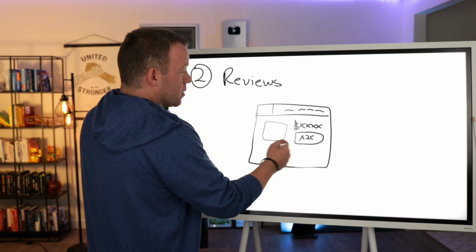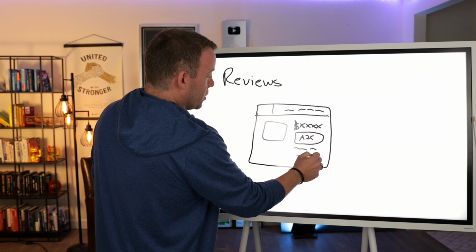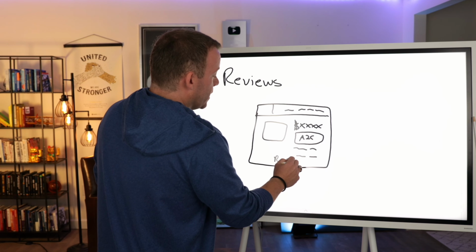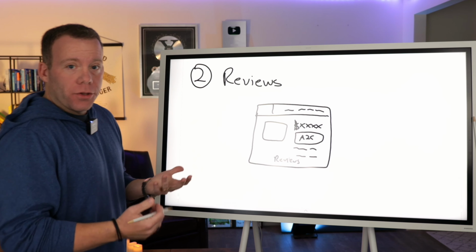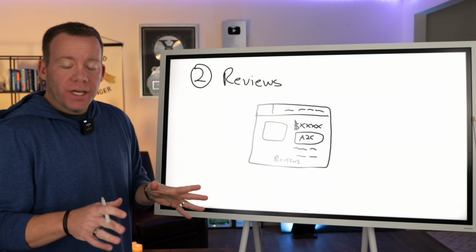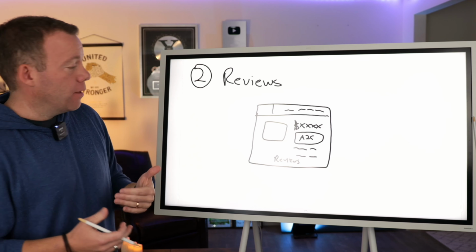So what we do is, under all of our normal information, descriptions, features, benefits, whatnot, we add reviews. And ideally, we have reviews that have images included with them from the products in real customers' households. Now, I want to share how we do this and how to get reviews even if you're a new store.